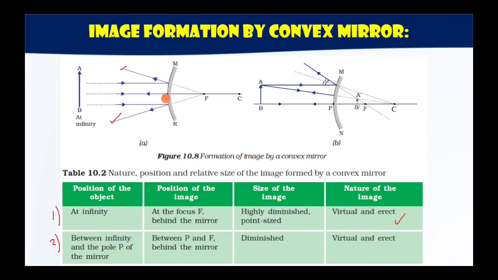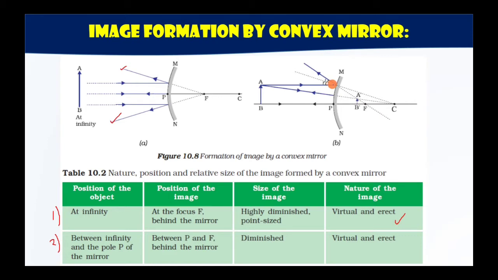First case is clear. Second case, you place the object somewhere over here such that you can measure the distance, between the pole and infinity. At a measurable distance you are placing your object. Again we are drawing two rays. First ray parallel to the principal axis, then it gets reflected back in the direction of the focal point. Second ray in the direction of the center of curvature, so there will be a single ray because this ray passes through the center of curvature itself, the incident ray and the reflected ray.